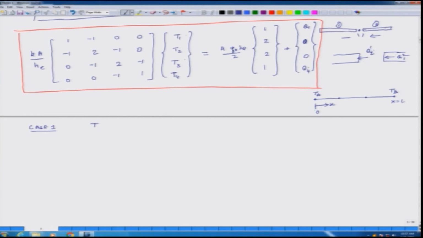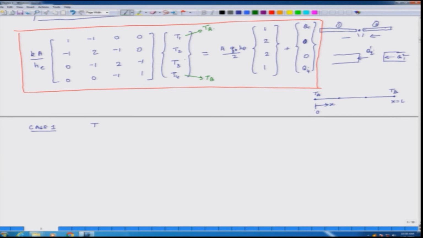So, if I do that, we will prescribe this as T A and this as T B, right. So, now these are knowns, T A and T B, because we know these values. Now I have 4 unknowns T2, T3, Q1 and Q4, and I have 4 equations. So, now I can solve for these 4 unknowns using these 4 equations. So, we will actually do that.